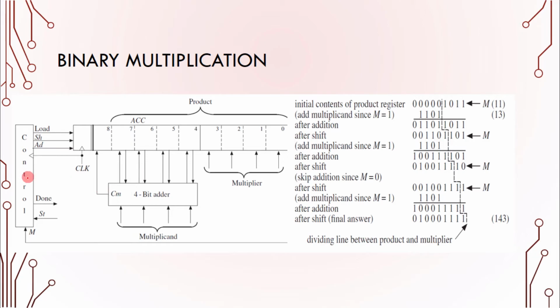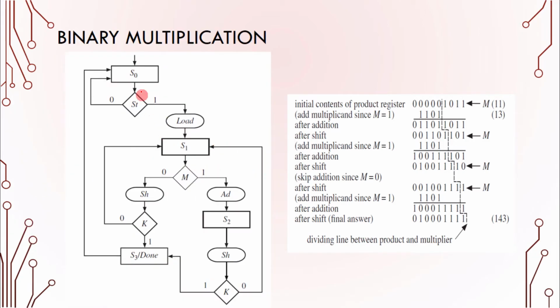Let us design this controller. This is the ASM chart of the controller for binary multiplication. Here you can see you are at the initial state. From this initial state, you check the start signal. If it is not enabled, you remain at the initial state, and if this start signal is enabled, you load your accumulator register with this combination where the lower bits are loaded with 1011, whereas the higher 5 bits are initialized with 0. So after loading, you are at state 1.